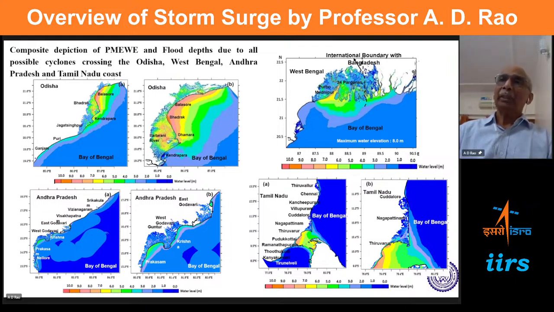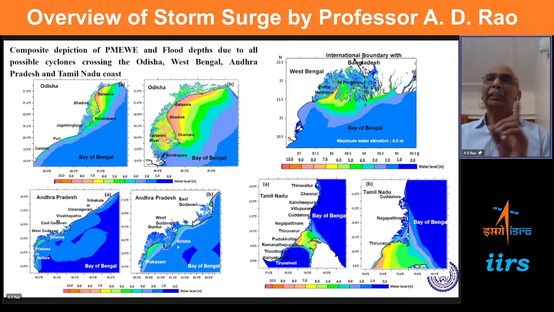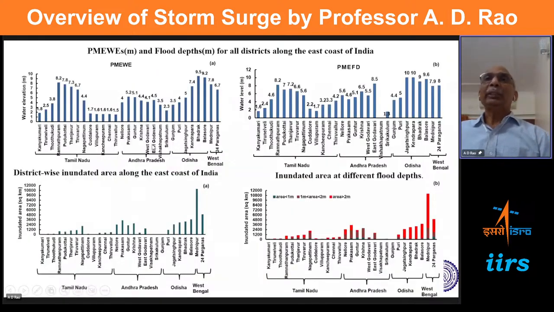It may not coincide exactly. The storm surges may be higher, but you may not get higher inundation, because it depends upon the land topography. That distinction you have to make. I'm just showing this district-wise. We have so many districts. Each maritime state has so many districts. So I'm putting on each district what is the